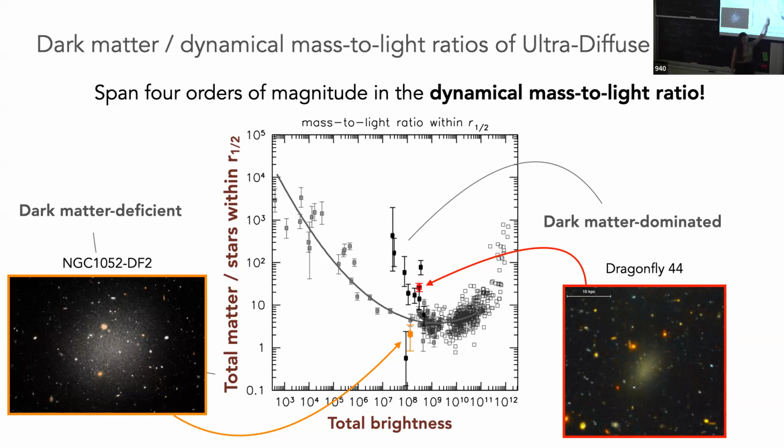Okay, so to me what's really interesting here, and all this took many years and many groups and many telescopes, so it's not that, hey, this is how it looks. It took time, and we were puzzled after each one of these points. But what's really amazing is that they are all over the place, spanning 4 orders of magnitude in this dynamical mass to light ratio, which I think means that by revealing this new low surface brightness parameter space, we find a lot of different types of objects. It's probably a mixed bag of galaxies that formed in many different ways.